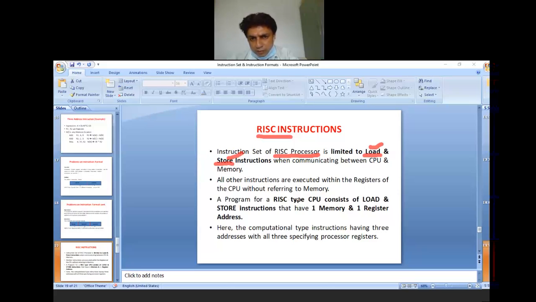So a program for a RISC type CPU consists of load and store instructions that have one memory and one register address. The computational type instructions have three addresses, with all three specifying processor registers. Let us see these instructions by taking an example in the next slide.